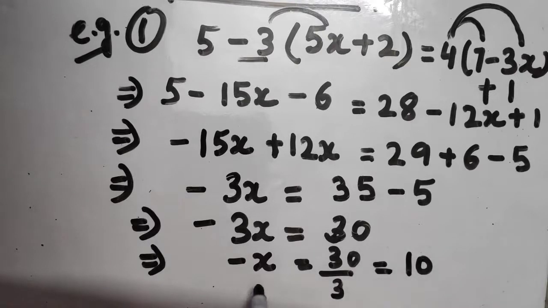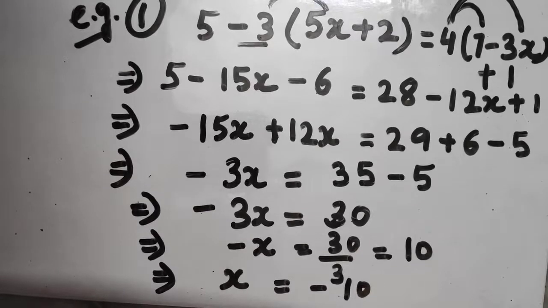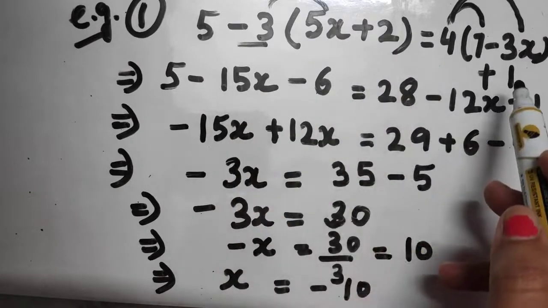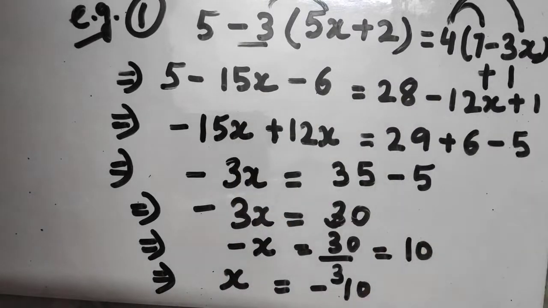Now, I want the answer of x. Here I am getting minus x, so x will be equal to minus 10. So, dear children, you can see I have calculated the value of x as minus 10. Now, after solving this, I need to verify my result also. That is, I need to put the value of the variable x as minus 10 on both the sides, on the left hand side as well as on the right hand side. So, let us see the verification part now.